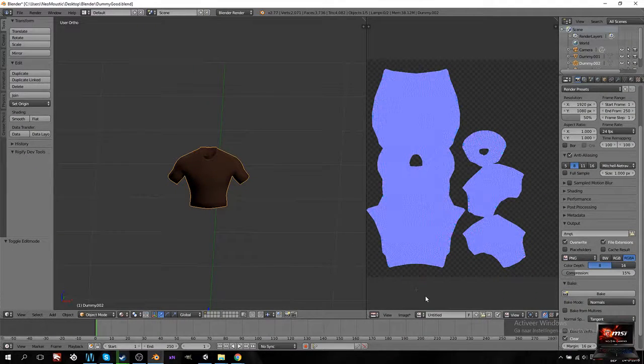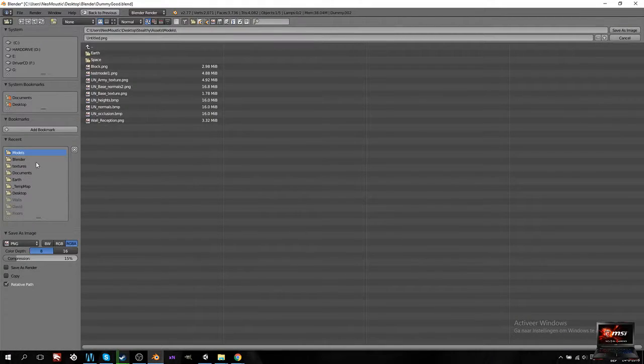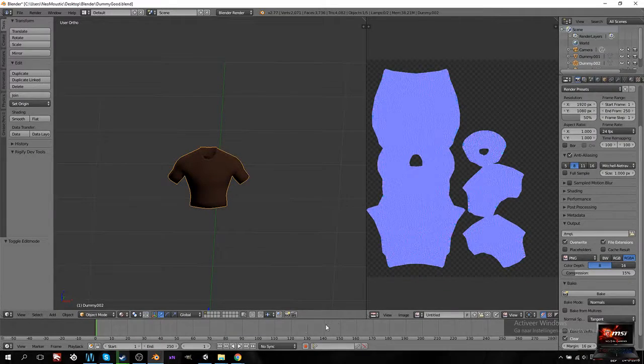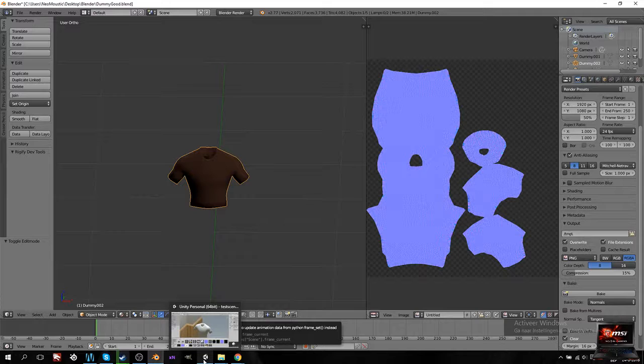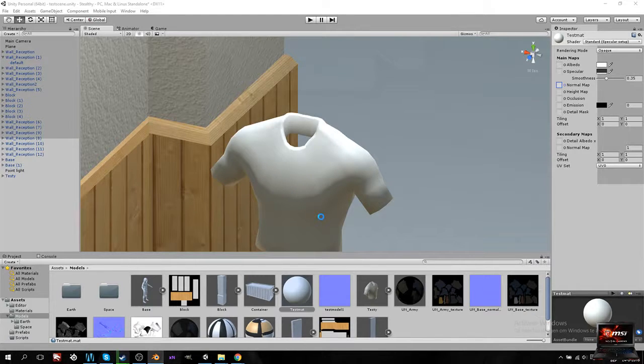So back in Blender, where it says image, save as image, I'm going to go to models and I'm going to select test model 1. In my case, test model 1, you guys just name it whatever you want. Back into Unity, select your test material, test model, and drag that normal map on top of the character. Normally it's going to look like this,